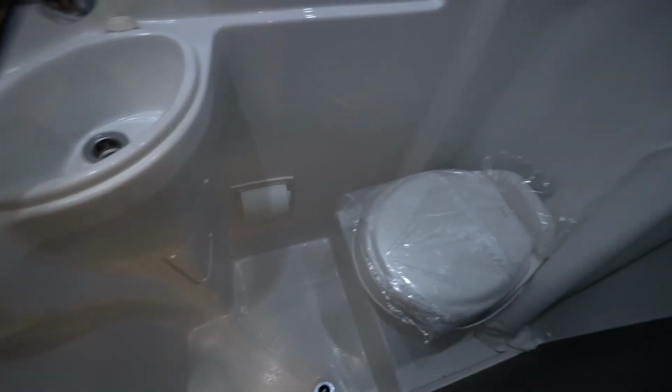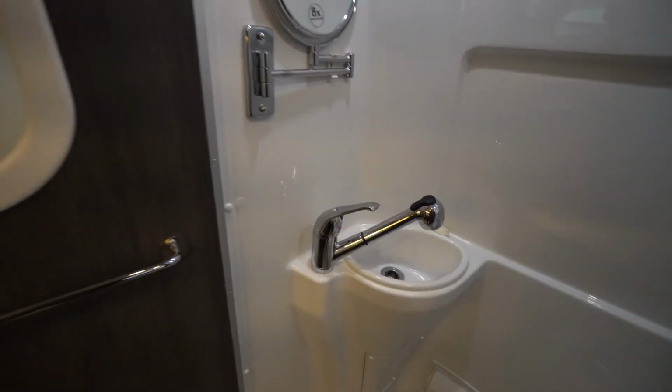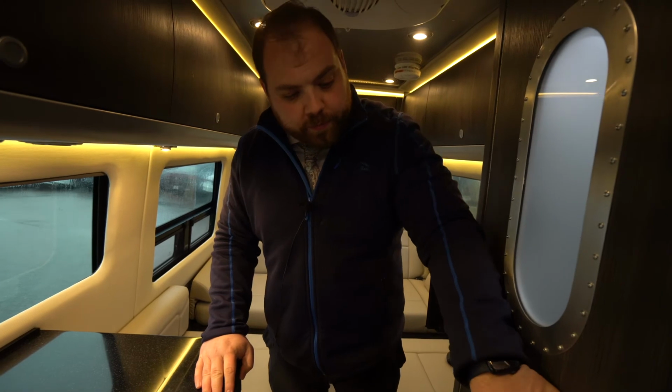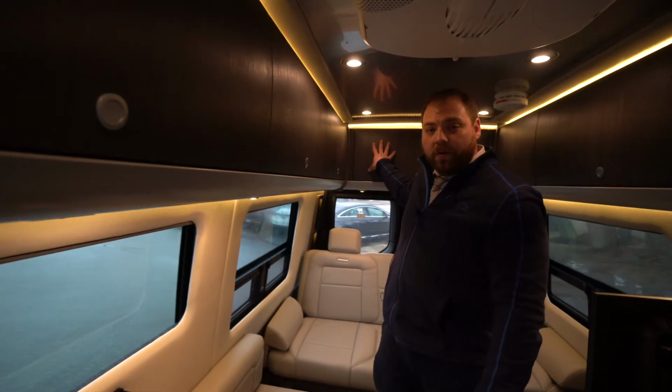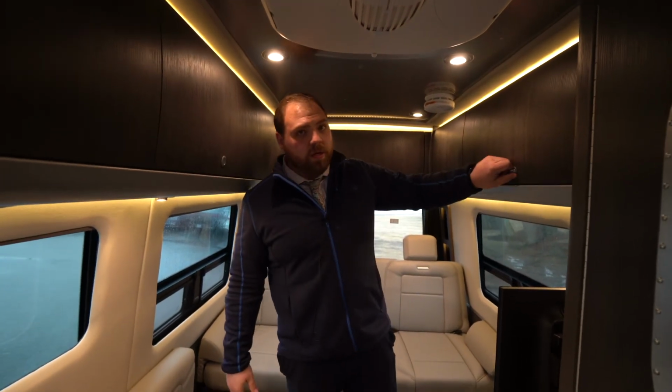So as you look in there, you'll see you have a sink, toilet, and the faucet head hooks up to the top up there and doubles as your shower head. So everything is all self-contained right in there. All along the top of the galley here and all the way back to above your lounge area and all the way around behind the bathroom, all cabinet space, really deep carpeted cabinets for whatever you're going to bring along